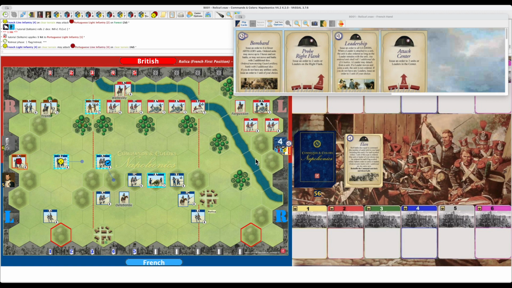And there's now 4 dice with the card onto the Portuguese light, 1 hit, and another retreat. And finally, the artillery gets the combat, 1 retreat. But this time, the retreat is not mandatory, so